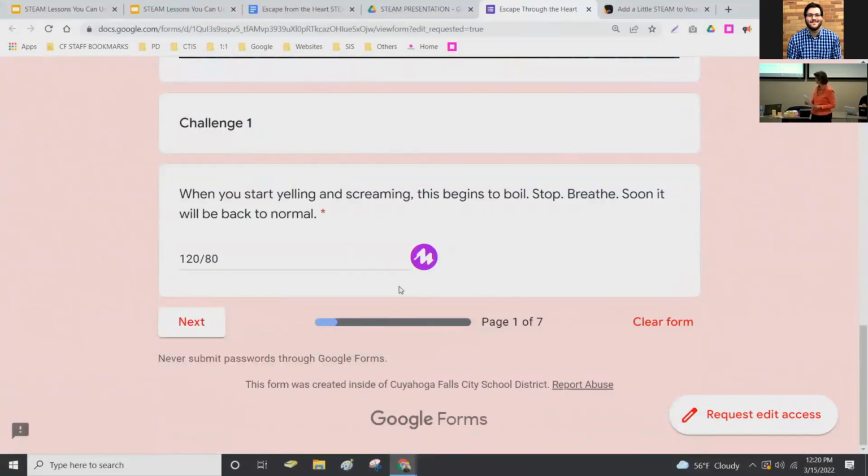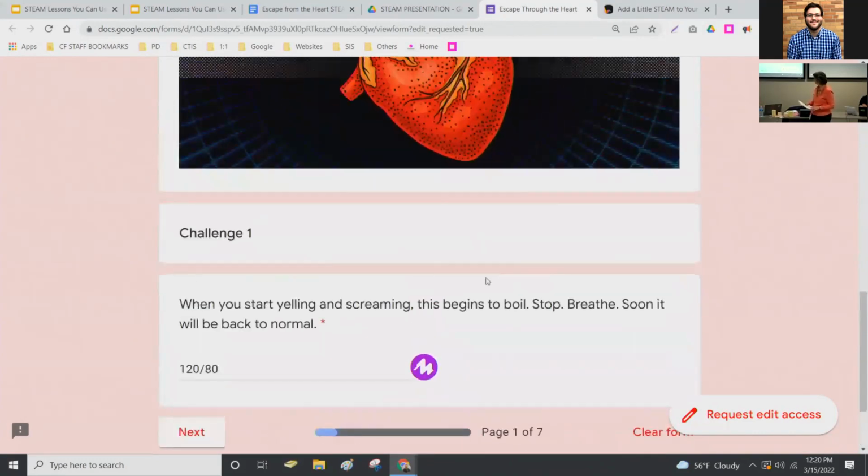The one thing she did tell me is she kind of wishes that she didn't have them on 7 separate pages, because in a typical breakout room, you might not have to go step by step. Like in order to get to the second challenge in this example, they had to get the first one right. Whereas in other breakouts, you could say, okay, let's work on this, and then let's work on this. And they could kind of separate and parse pieces out, but in this one, it's all set up as, get this right, you get to go to the next step. And she thinks maybe even putting those all on one page allows students to kind of work throughout the period and try to solve as many as they can rather than a progression.